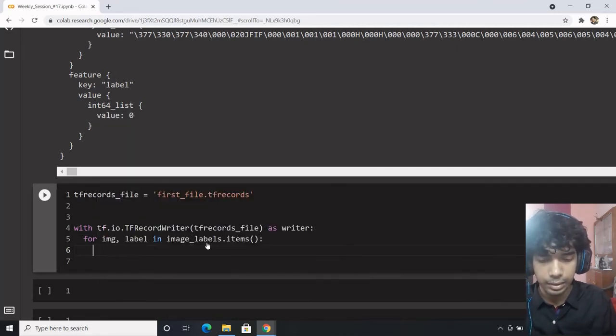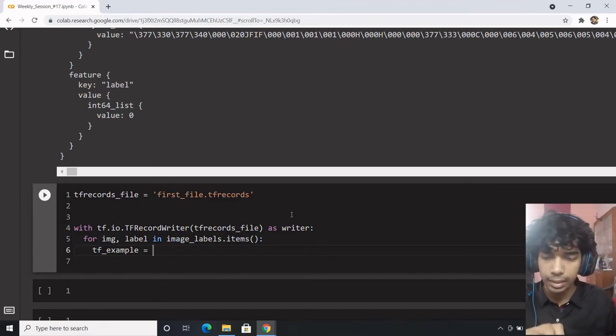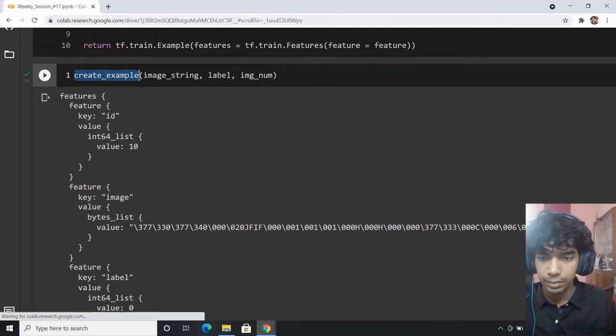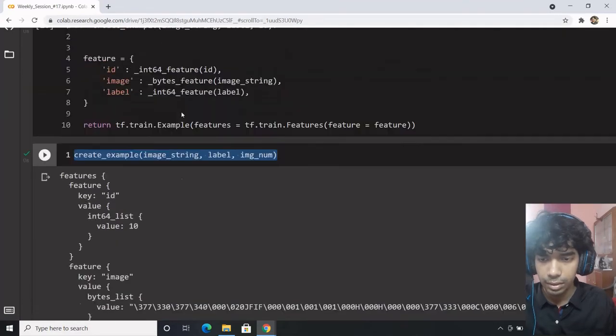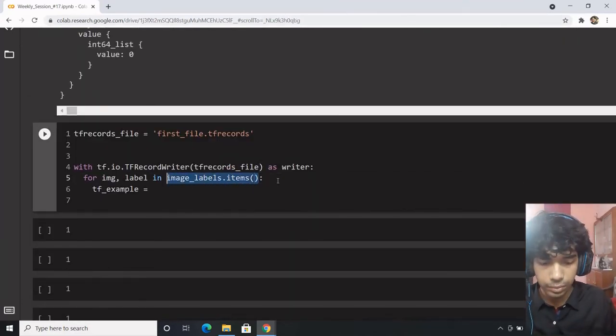So what I do is get an example. Getting example is one part, but writing it somewhere and storing it as a data unit is another thing. So here it goes. And since we are using index as well, so what you're going to do is enumerate.